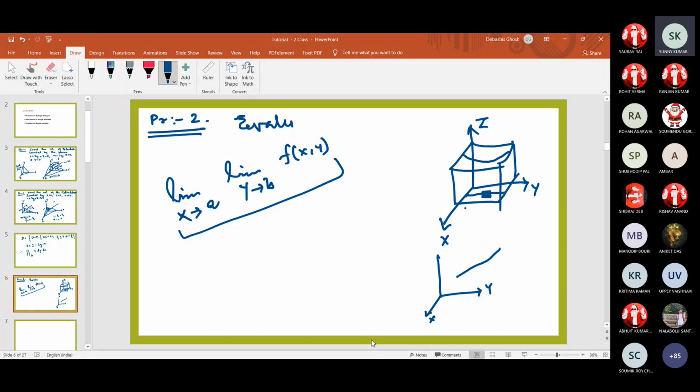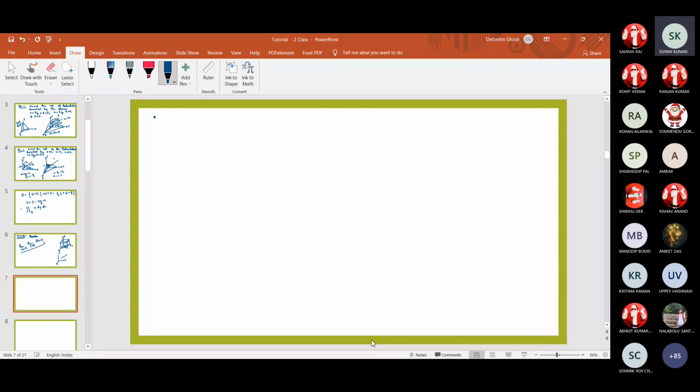Sir, if the area is unbounded, then the iterated integral can be there, but the double integral cannot be evaluated. Exactly. So basically, iteration is a process to solve double integration if possible. The region is bounded. Yes, bounded. We can also consider continuity, since continuity also gives us the boundedness. Yes, very good. Thank you.